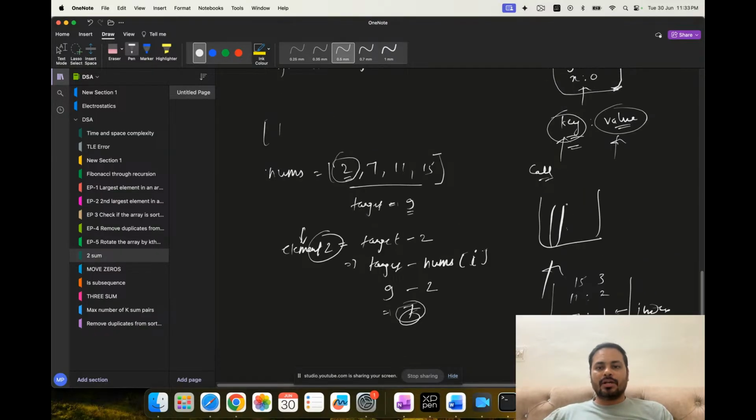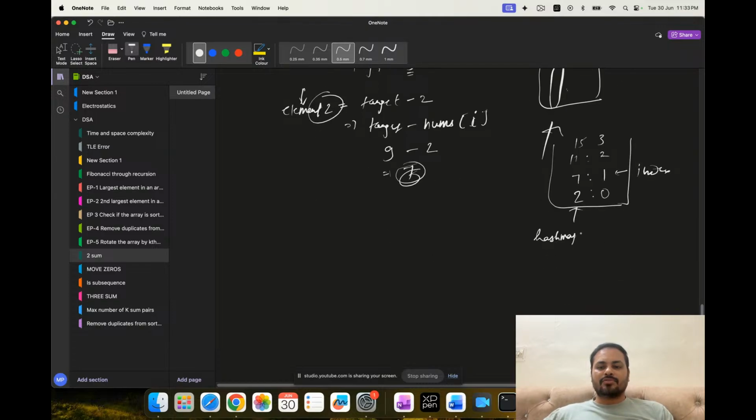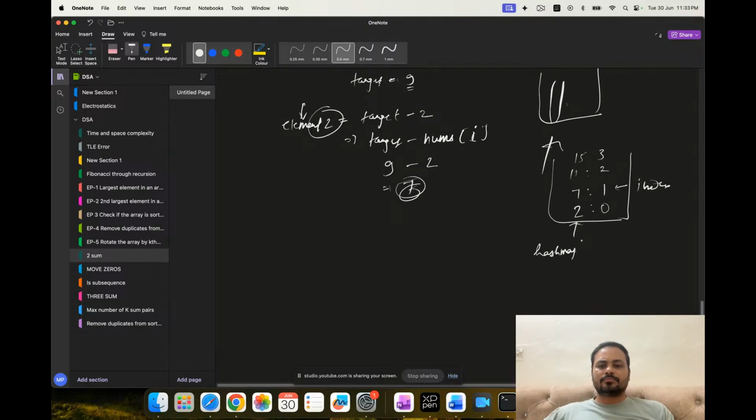I told you, if you call the key then you get the value. So what you have to call is the hash map of this difference, because this is the difference coming, meaning element 2. Hash map of element 2. What we will get is the index, meaning 1, right? We will get the index. So in the end, what I have to return, I have to return